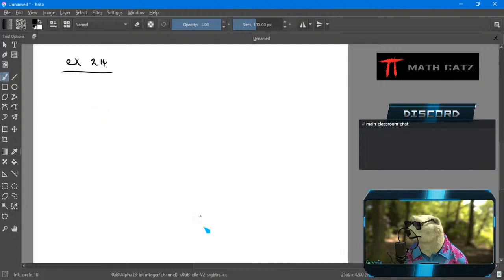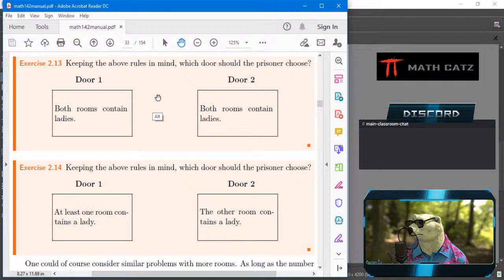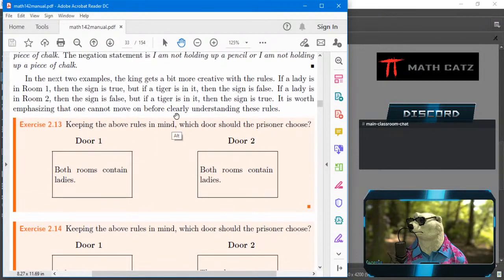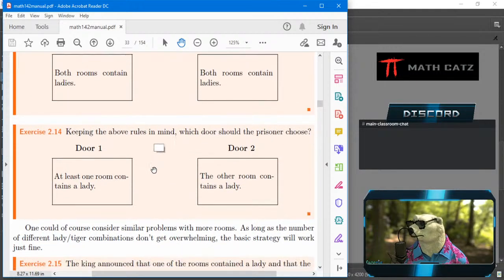All right, so now it's the same situation. Same situation. I've gotten used to it now. If a lady is in room one, the king says the sign is true; if a tiger, it's false. And in room two, it's flipped around. So let's focus on the